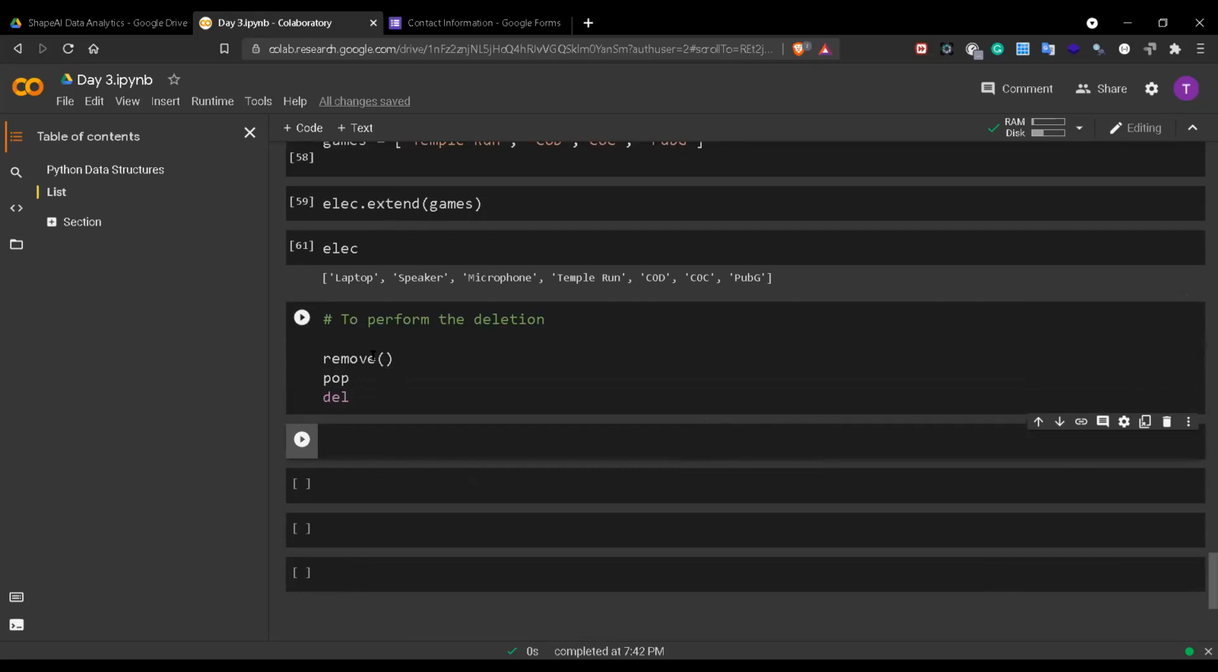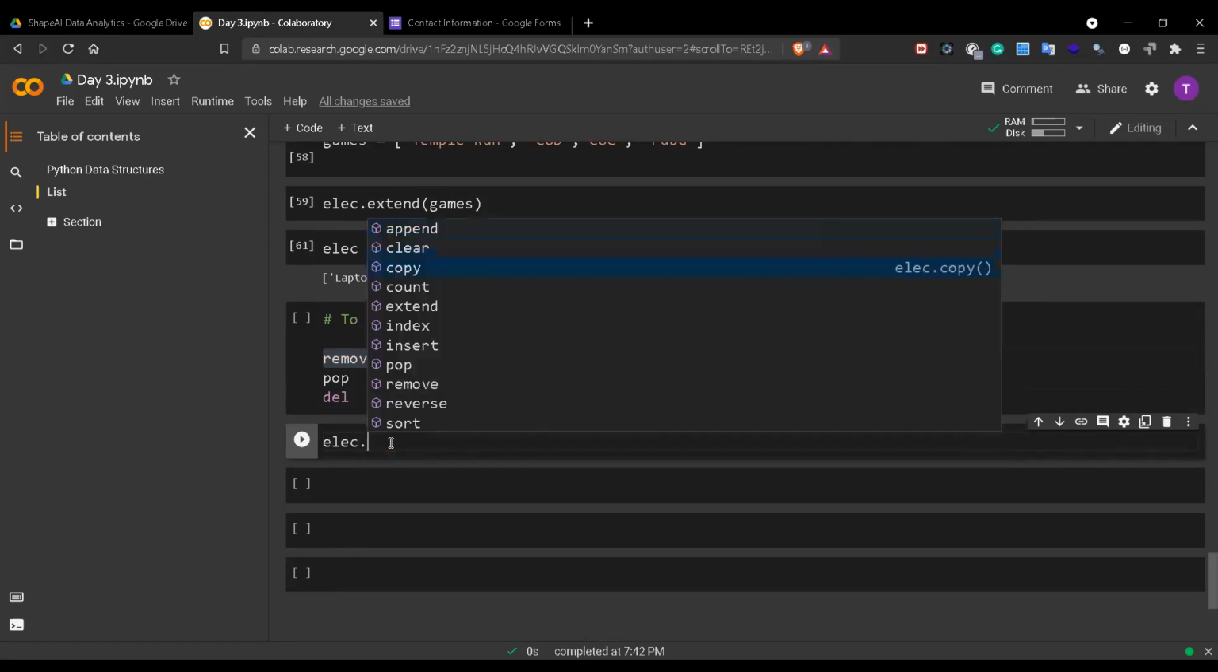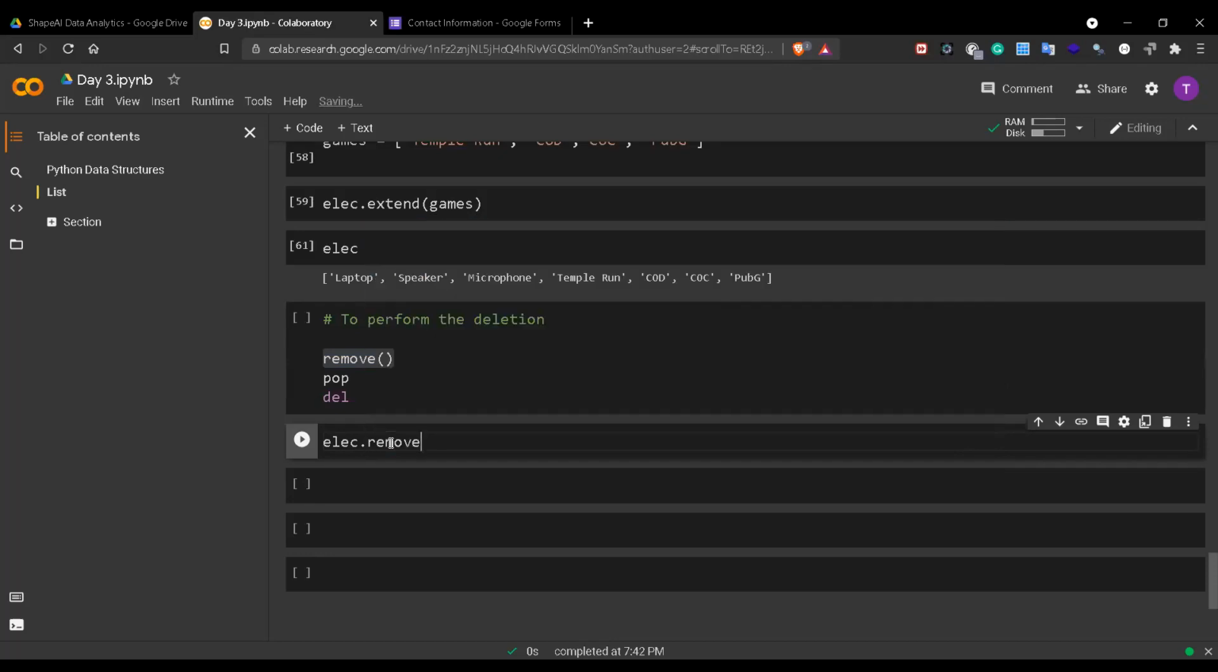Okay, let's see how all this works. I want to remove some elements from a list, so for that I have to declare a list on which to perform this. I'll say ELEC, then I say dot. It will open all the functions that I can perform using the list. So I say I want to use the remove function. Now the remove function asks, what do you want to remove? Very straightforward. I say, just remove Temple Run